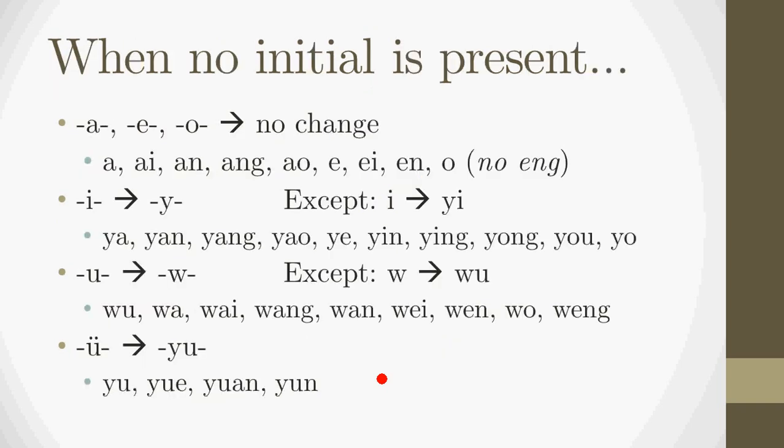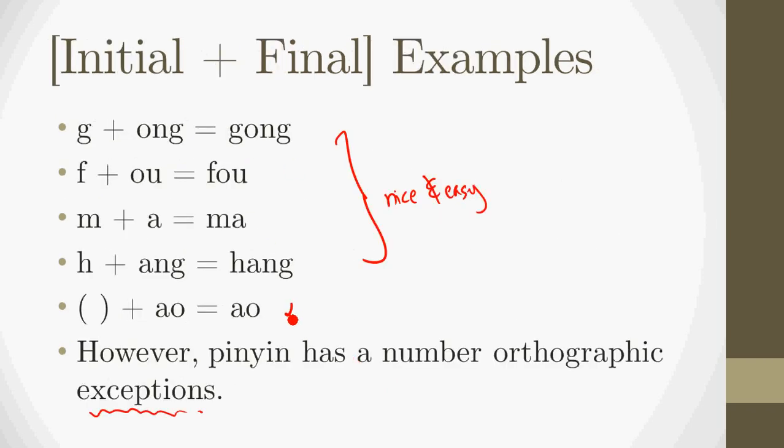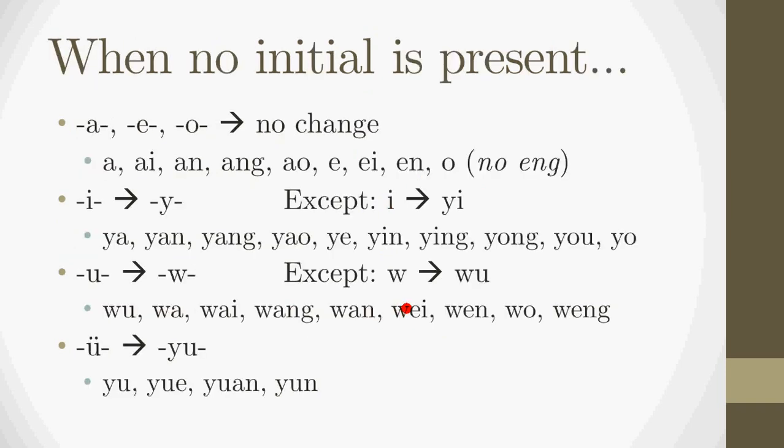When there is no initial present, so just like in this last case here, where there's no initial, in any such case, when we just take a final, no initial, and a final, we get these cases. Okay, when the final begins with an A, E, or O, you get no change. Effectively you get A, I, An, Ang, Ao, A, N, O as the different kinds of no initial